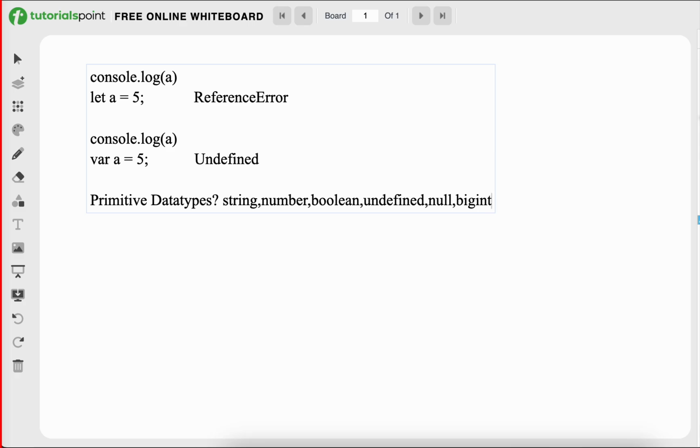Okay, what about Kaustubh? Number, string, boolean type. Okay. And what about Pritham? Null and undefined.